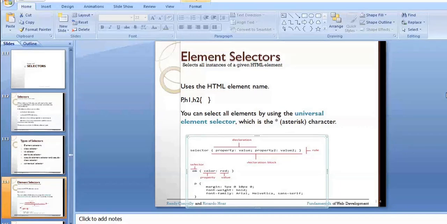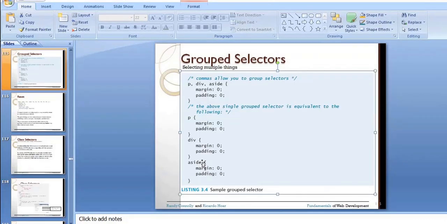Instead of writing the code separately, if it is the same appearance or style you want with element selectors, the CSS code is written. For paragraph, I have specified margin and padding. For division, then aside, these are all the HTML elements. For these, I have given a particular style. Now you can see all these tags are following the same style, so why write it repeatedly? Instead of this, if all the tags are following the same style, you can just represent them using a group selector.